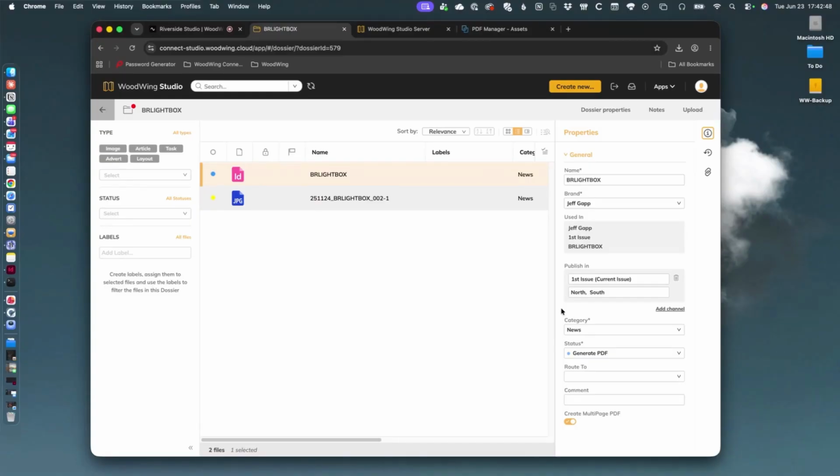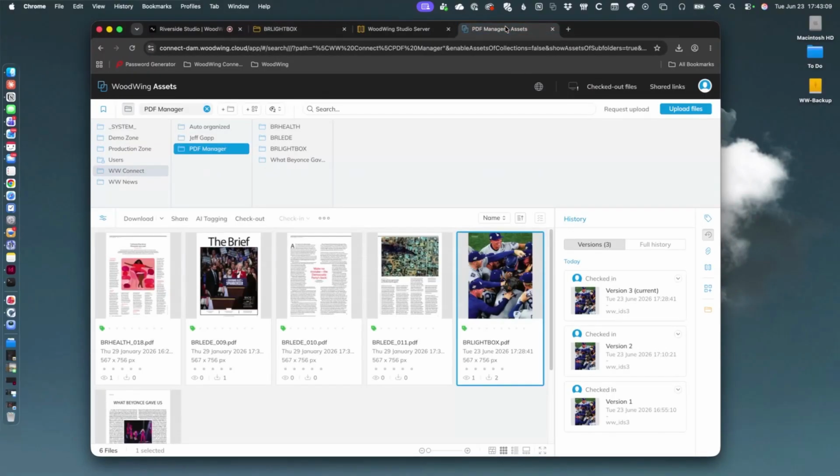Now, keep in mind that the delivery of PDFs could be that a PDF is going to Assets. It could be that it comes back into Studio. It could be that it gets delivered to an AWS S3 bucket or something else, whatever that else might be. So in this case, if we come over here and we look at Assets, what we end up seeing is our PDF. Notice that it is also generating versions of the PDF. So we have the versions that have been